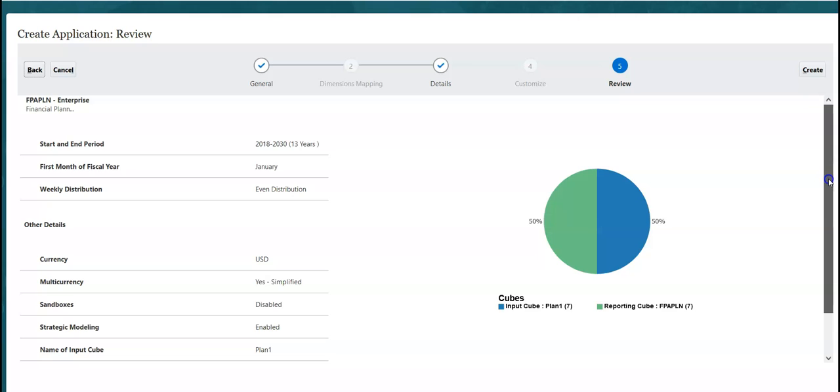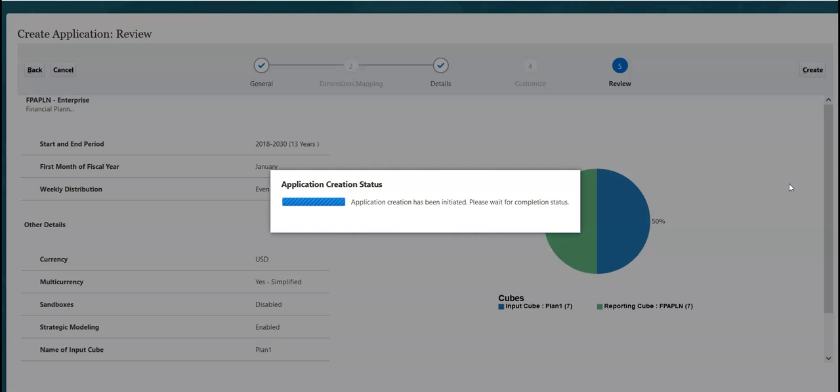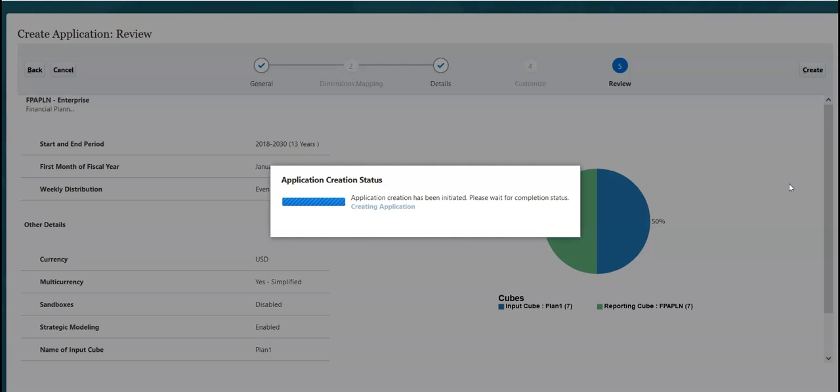And I would just review whatever options I have selected in previous screens. And finally, if I am ready, I would go ahead and click on create. So this would create our planning application called FPA Plan with input cube name Plan 1.